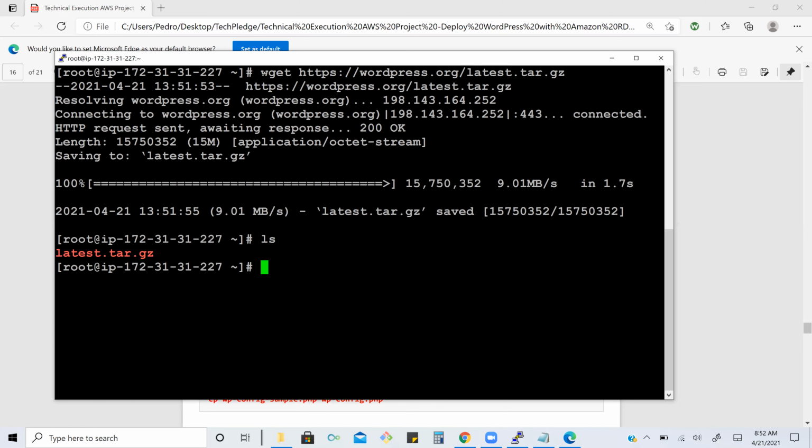Yes, you get that tar.gz. So this is basically a zip file. Like we create a zip file in Windows, it also comes in a zip file. So first we need to unzip it. Zip means compressed format. Yes, gzip.